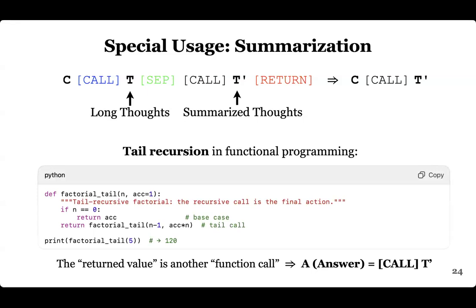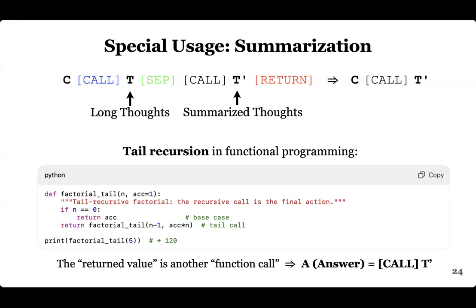So here the answer is just a call to t prime. It means that the returned answer itself is a question. You can think of it as, for example, there is a very complicated question, and after some thinking processes, it transforms this complicated question into a more manageable, simpler question. So this is how summarization works. The reason why I mentioned this is because in the following, when I introduce the theoretical results, we will